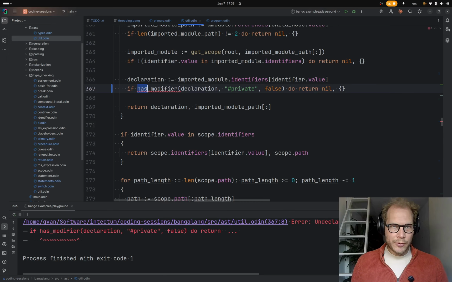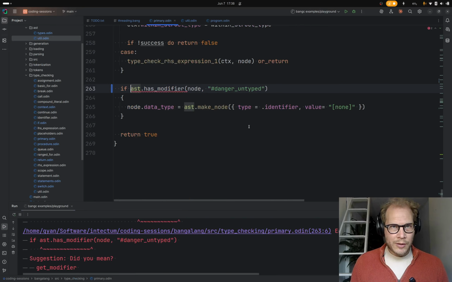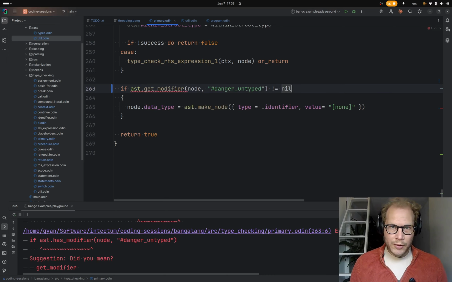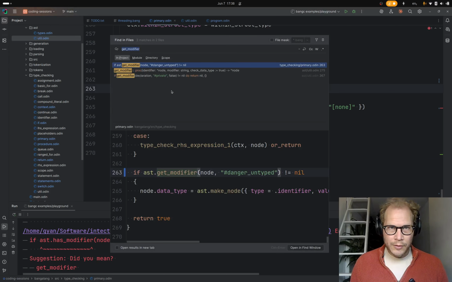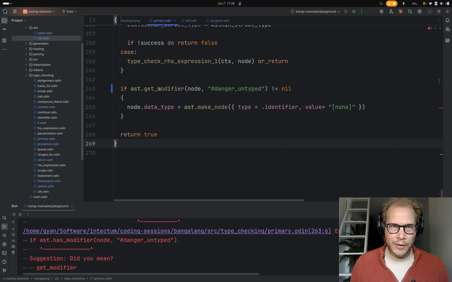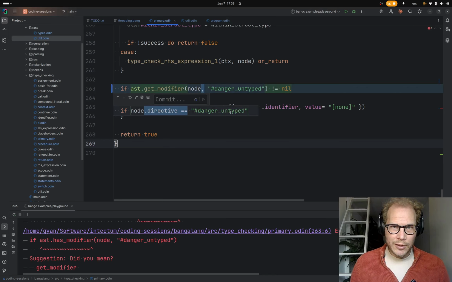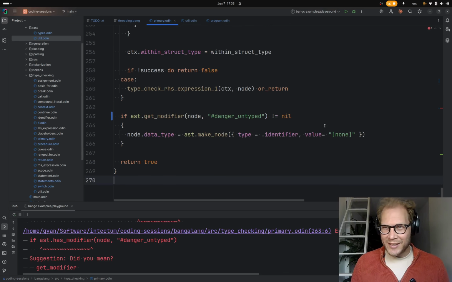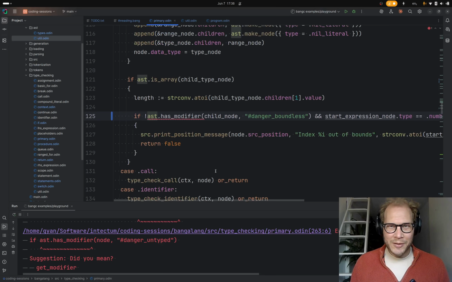Yeah, it has modifier. So if get modifier is not nil, so there is a private modifier. Did I get that other one right? If it's not nil, so there is a modifier. Here we're saying that there is a danger type, so that one's not nil. Confusing myself.